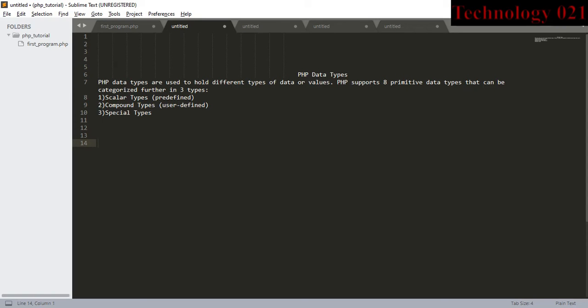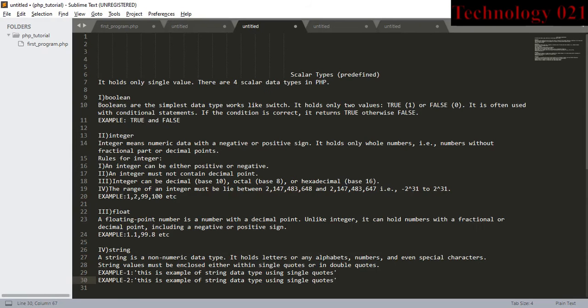So let us understand the first type of PHP data types, which is scalar data types and is also predefined. So it holds only single value. There are 4 scalar data types in PHP.